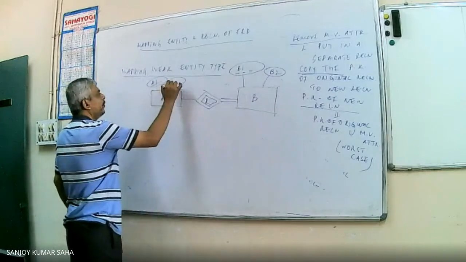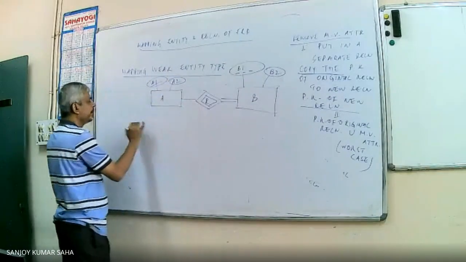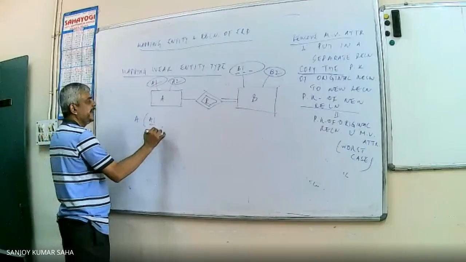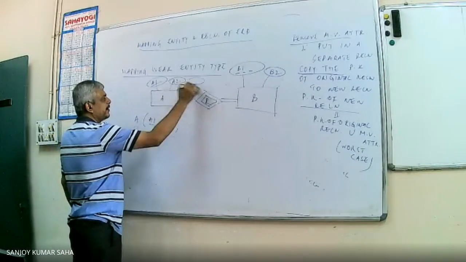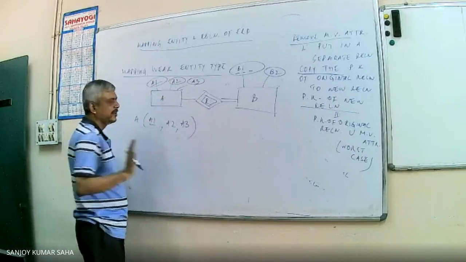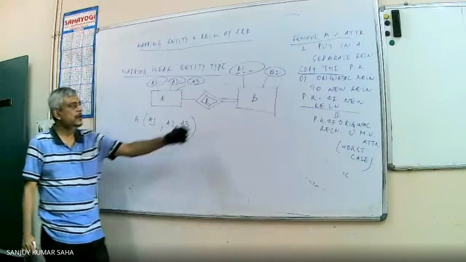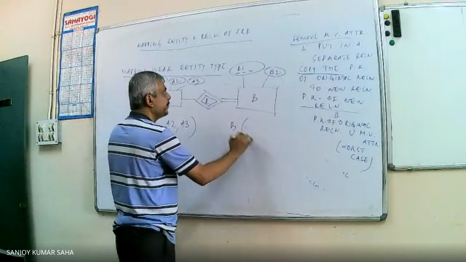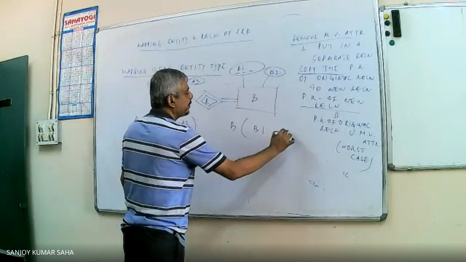For this one, we have already understood. We'll consider a relation A1, A2, if there are other attributes. For the sake of simplicity, all are considered that. It will be like this. But what about this weak entity type? If somebody thinks B1, B2,